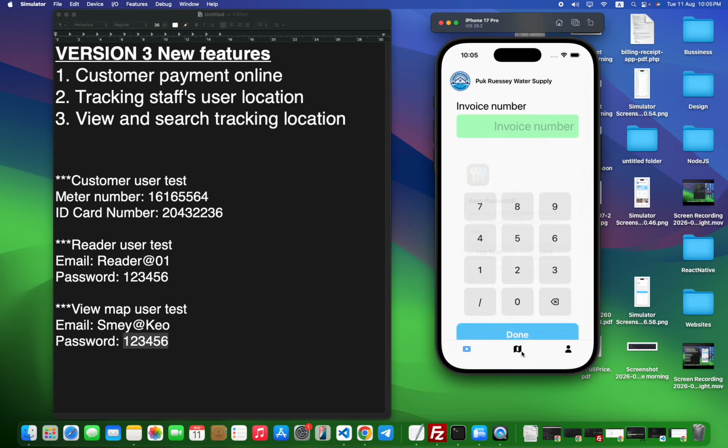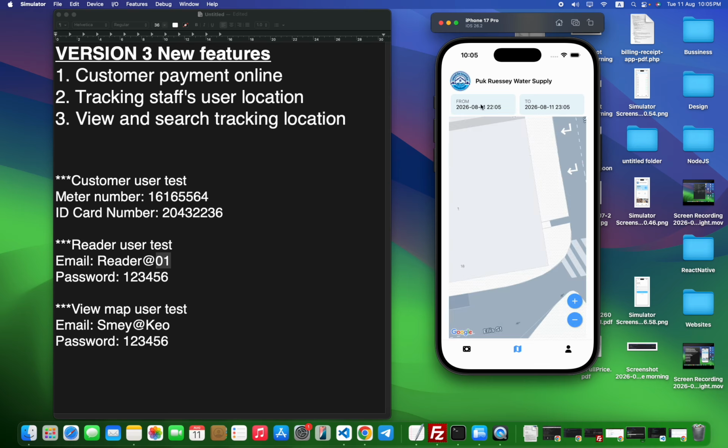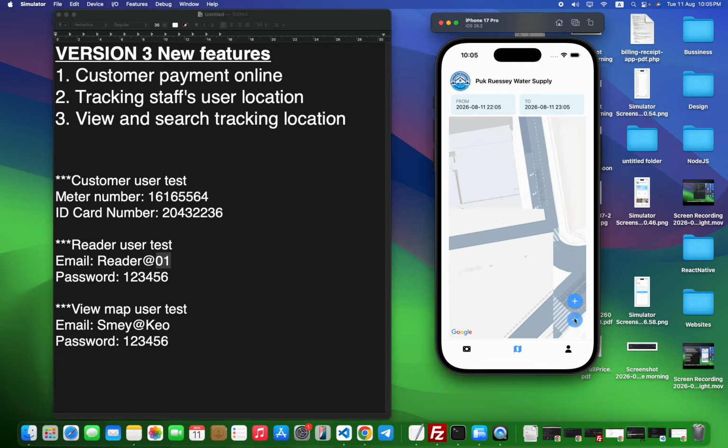So for number 3, view and search tracking location, we can go over here on the middle of the bottom, and we can see the name of the staff. We use this one as a test before, and this one is named code number 1. We can open it and search for that.